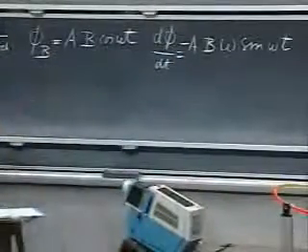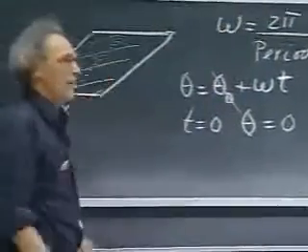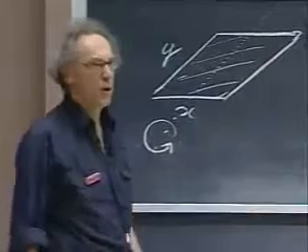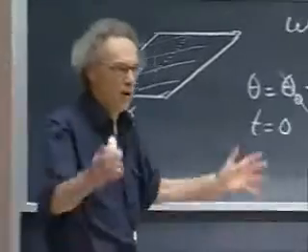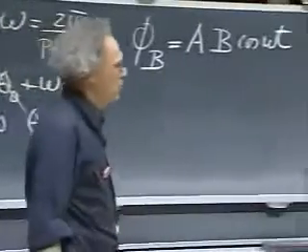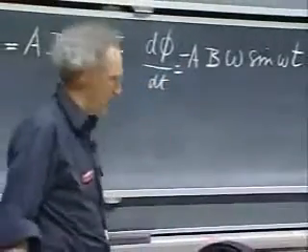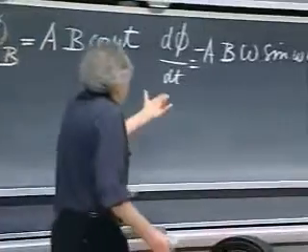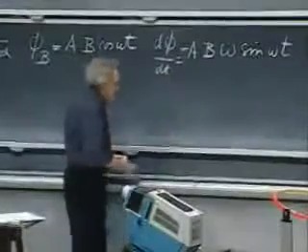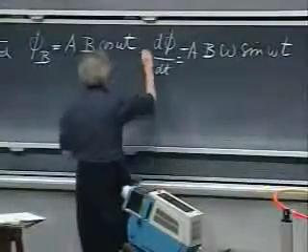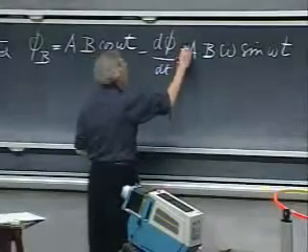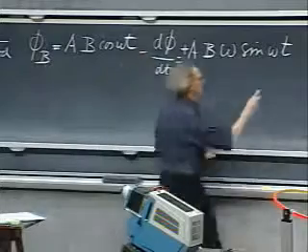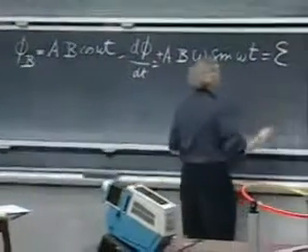Normally I don't care about minus signs because I'm only interested in the magnitude of the induced EMF. I always know in which direction the current will flow. I really do, because I know Lenz's law. So you should never have too many hang-ups on those minus signs. But since I'm getting a minus sign out of this now here, it would be a little foolish not to put a minus here and make this into a plus, because that then, according to Faraday, is immediately the EMF,